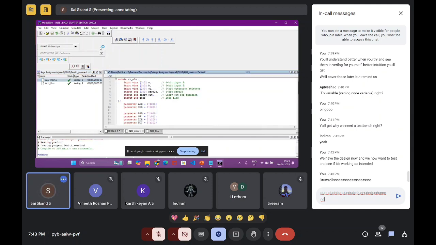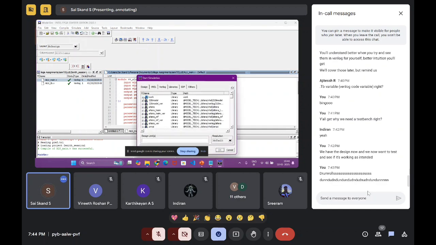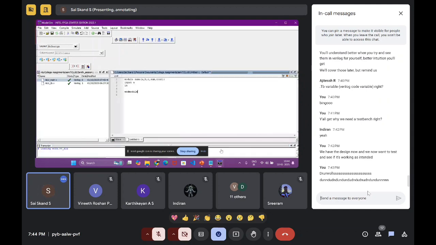So we've done that. What did we do next? We simulate. So we click Simulate, Start Simulation. Then we need to select the test bench, because the test bench has the actual data, and only then can we see the result. So the test bench is important. We are keeping both the test bench and the main file in separate files. Be clear with that. That's all, we do it quickly, and it's done.